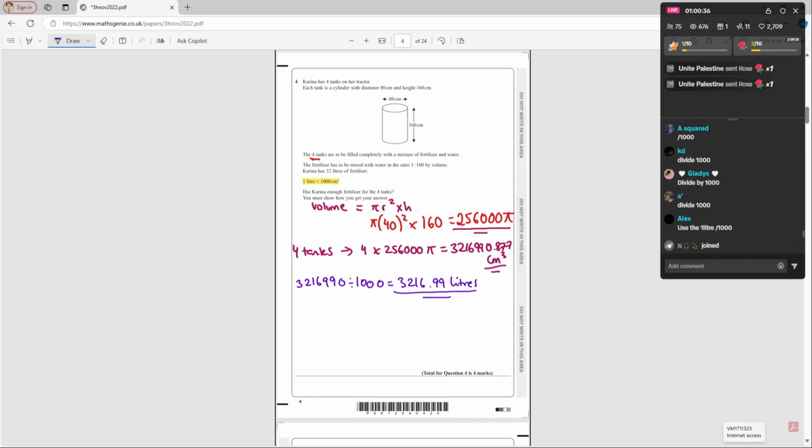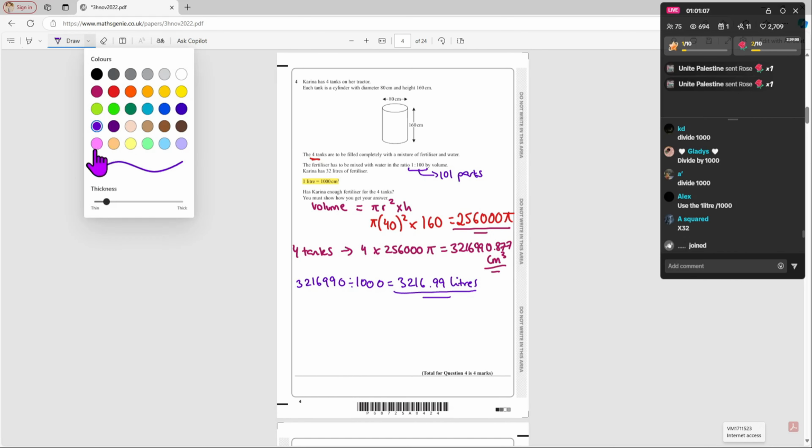Now, it says Karina has 32 liters of fertilizer. She has 32 liters of fertilizer. Now, we need to work out how many liters of fertilizer she actually needs. So, what we need to do is to share this into the ratio. So, we know that there is 101 parts in total. 101 parts to the ratio. We're going to work out what is one part of the ratio to work out how much fertilizer she actually needs. So we're going to do